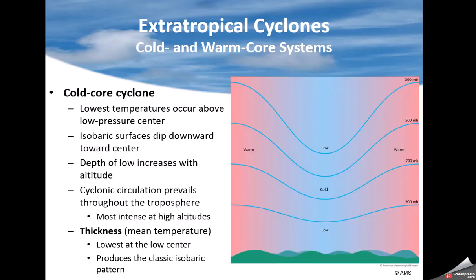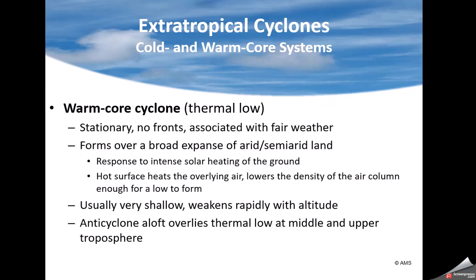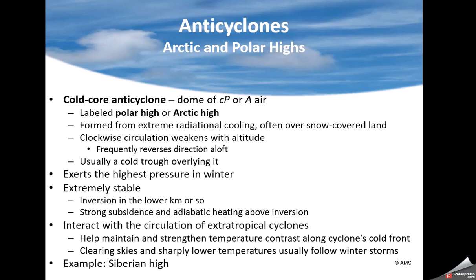Cold core means it gets colder with height. Extratropical lows are cold core. So as you go up, the system gets more intense and the temperature is going to drop. Sometimes you get a little weaker ones that aren't quite as occluded. Warm core is very different. Warm core means it actually is fairly warm in the middle of it. You wind up literally with high pressure aloft over top of these lows. They're mostly thermal lows. Hurricanes are a warm core system as well.